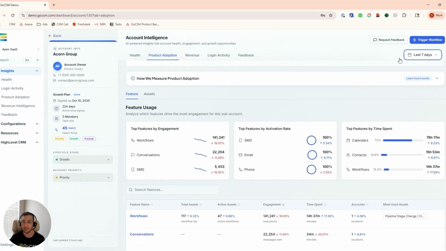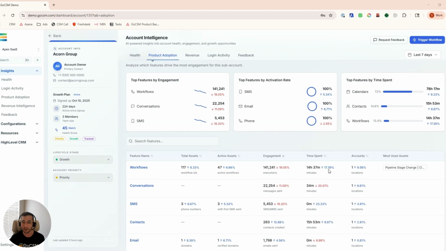Of course, if you're doing 7-day checks, make sure to filter this by last 7 days. And then you go from there. Your goal is to identify the 1 or 2 things that are wrong with this account, create a plan of action, and start following up. The last stop